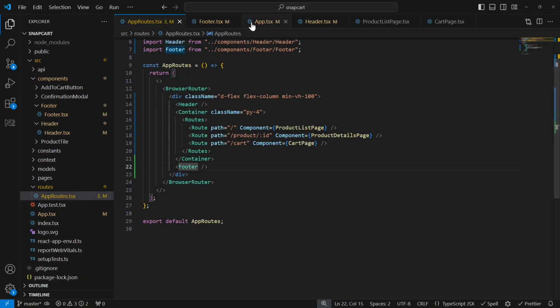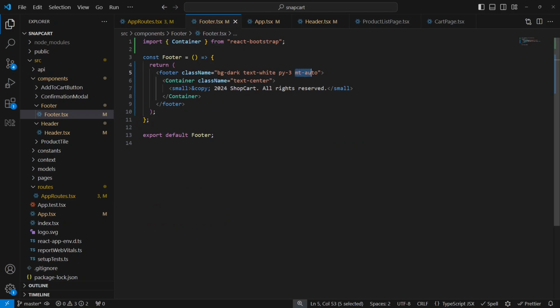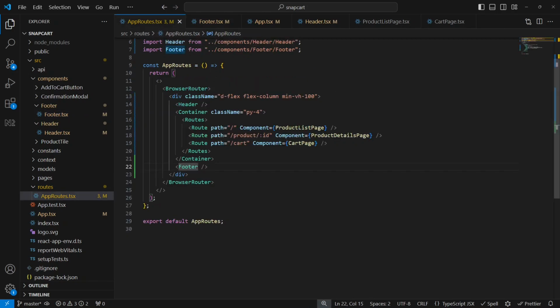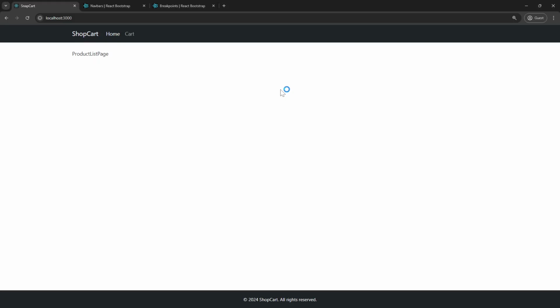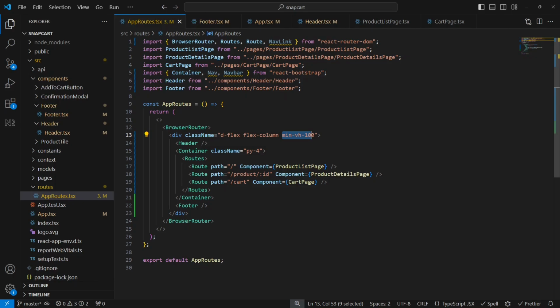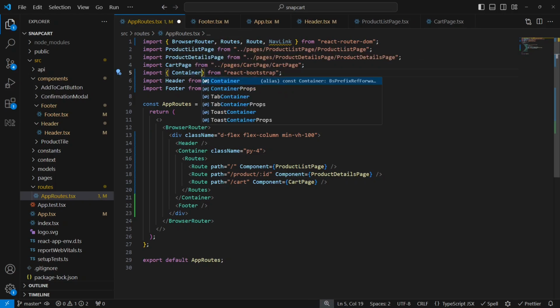And for the footer, as we have already seen, we set the margin top to auto. So within a display flex layout and vertical height 100%, the footer will automatically now start sticking to the bottom of the page, as we can see. So for the pages where the content is less than 100% height, it will stick to the bottom of the page. And for the pages which are larger than that, it will always be at the bottom of the content, behavior that we wanted. Let's remove any of the unused imports that we see